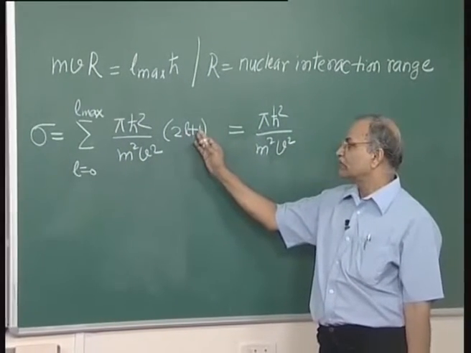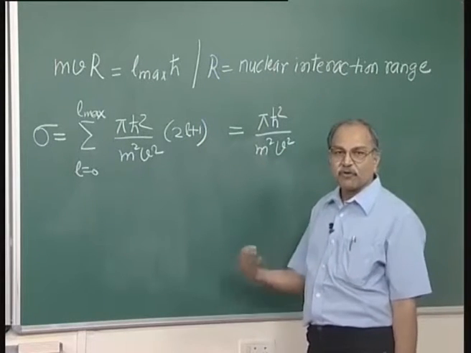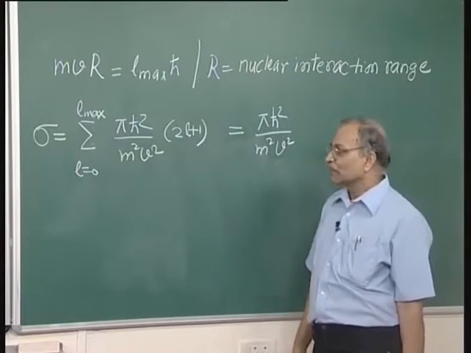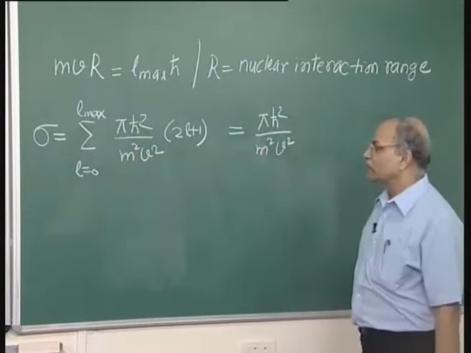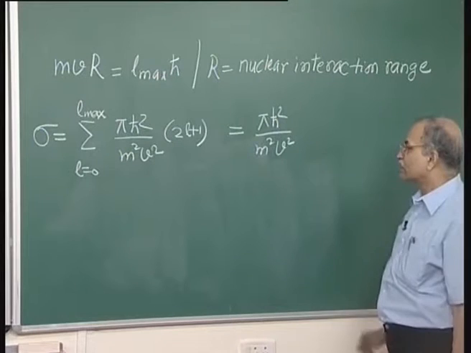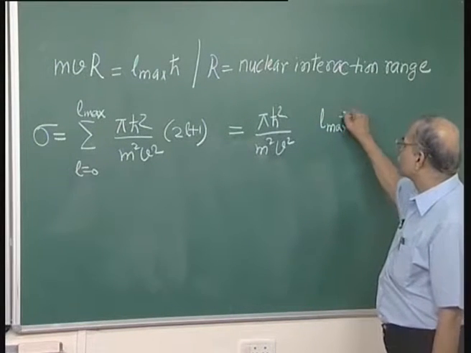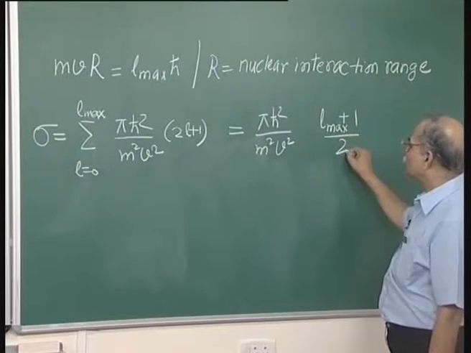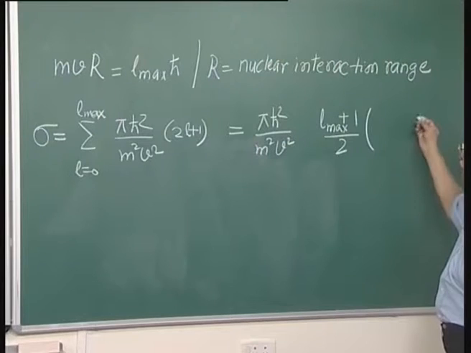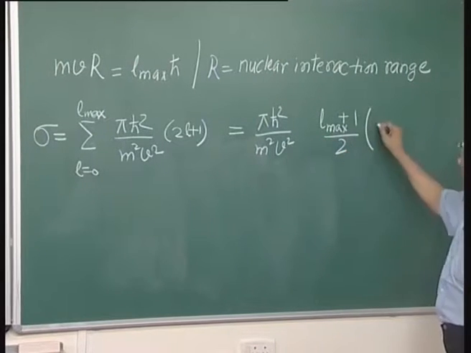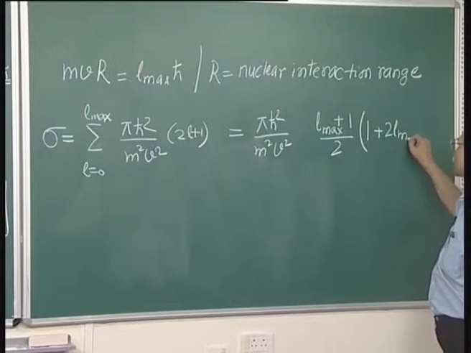So, it starts with 1, 1 plus 3 plus 5 plus 7 and so on, the sum of all odd numbers. How many terms are there? 0 to L max, so L max plus 1 terms are there. So, the summation will be L max plus 1 by 2, total number of terms by 2, and then first term plus last term. The first term will be just 1 and the last term will be 2 L max plus 1,